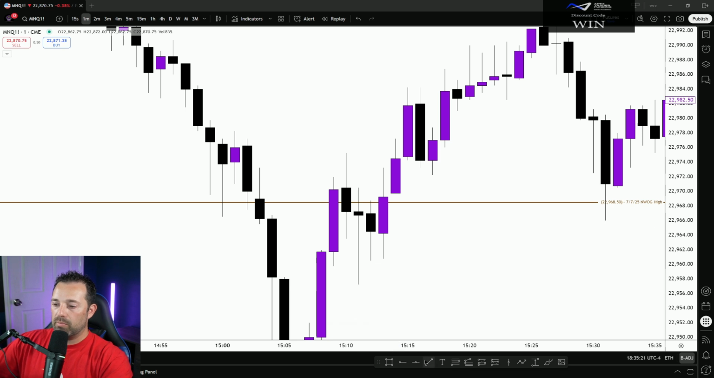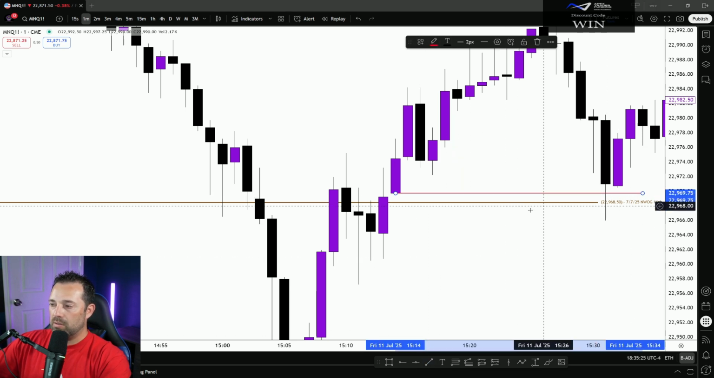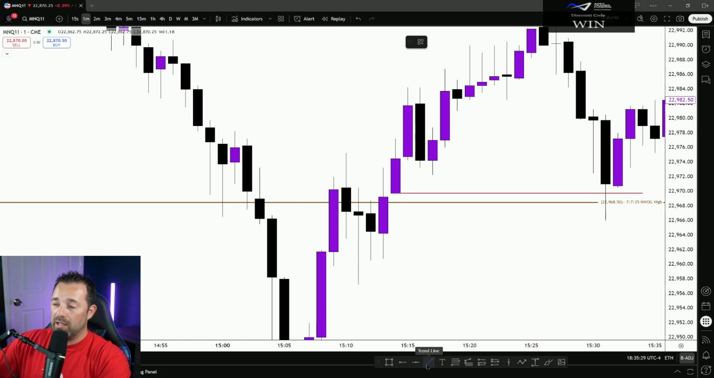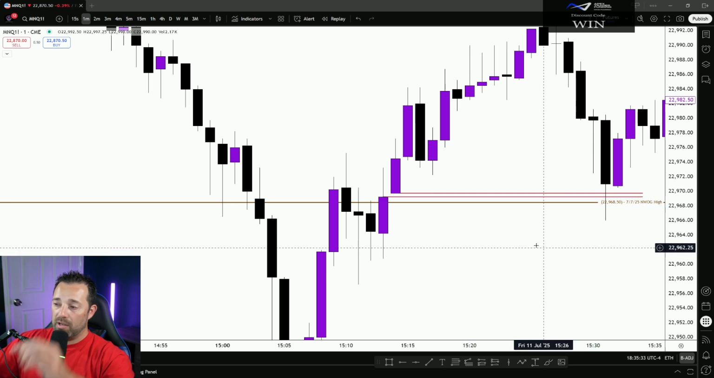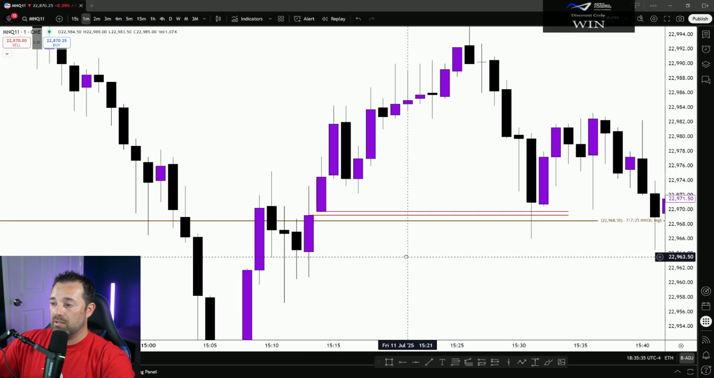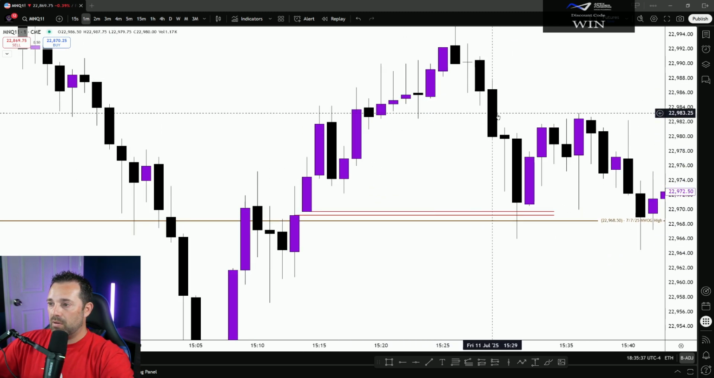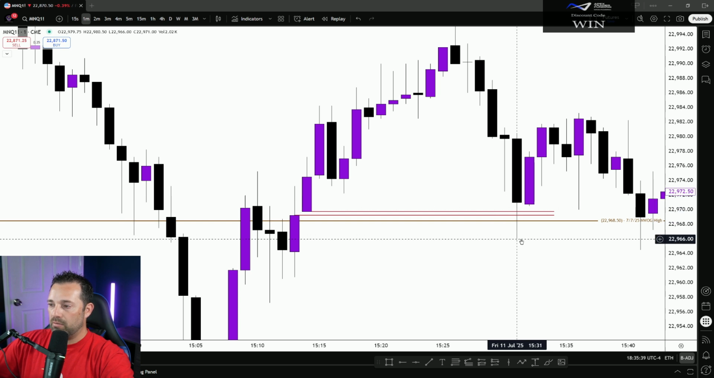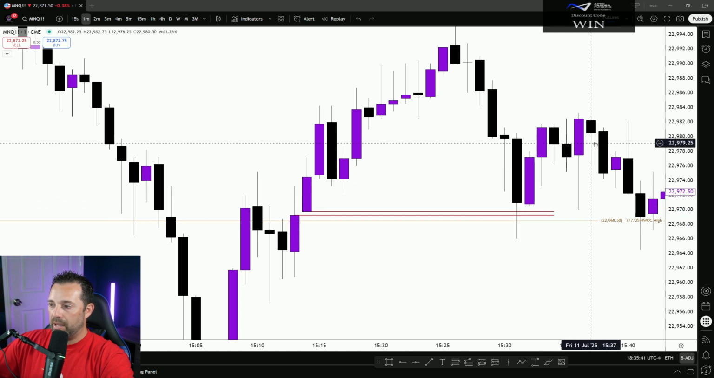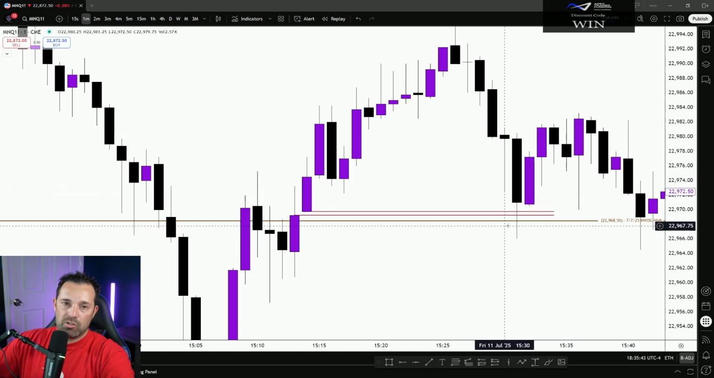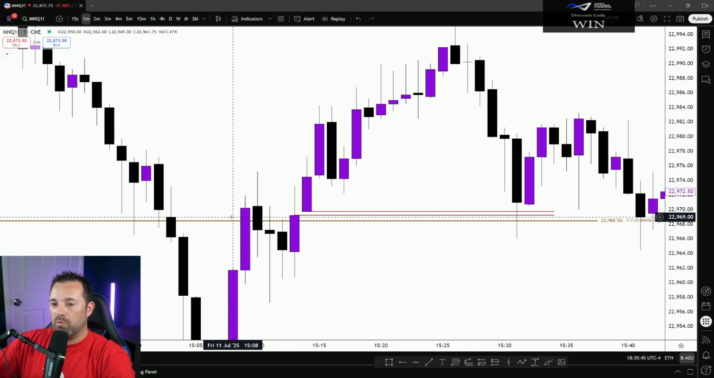Now, I don't particularly use volume imbalances for trade entries. If I have one, cool, that's kind of like an extra confirmation. But I do like them more for targets. If I draw this one out, look at this. Price came up, and it came all the way back down and wicked through it right here, and then came back up. So they're not the strongest thing, but if you have one as a target,